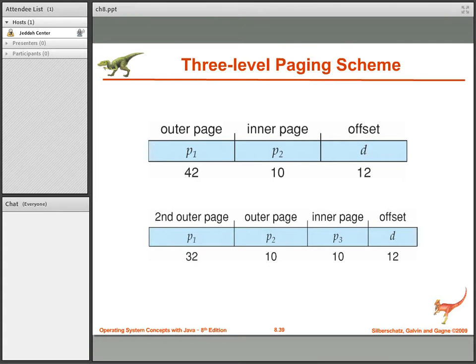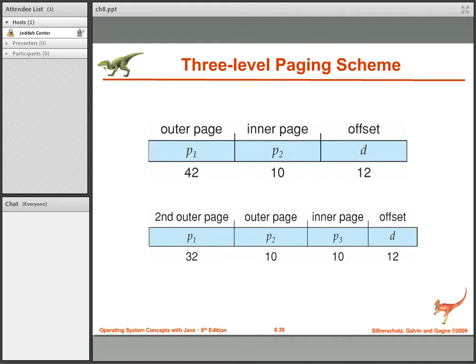Here, again, is the outer page, inner page, and offset. Outer page, this P1 in this example, is 42 bits. The inner page is 10 bits, and the offset is 12. This is an example of a scheme having 3 levels, not just 2 levels, because the top one is split